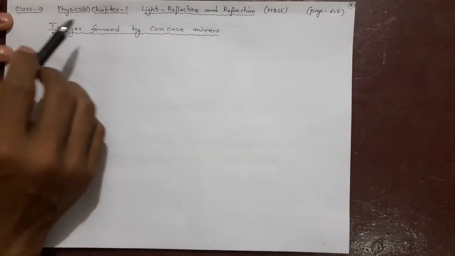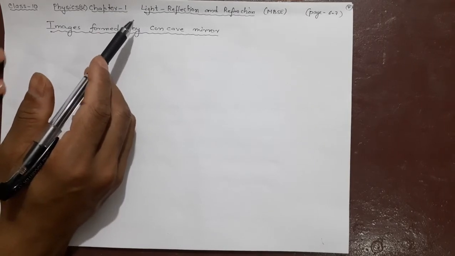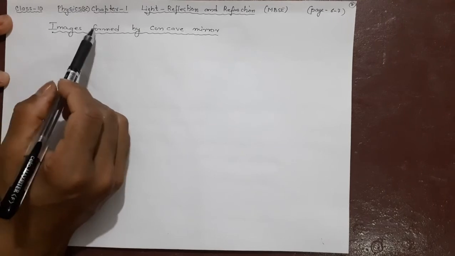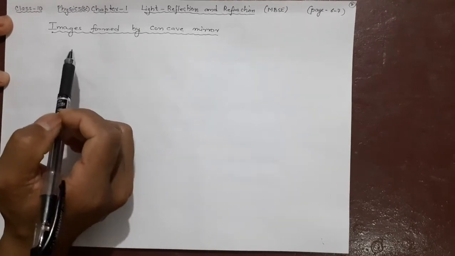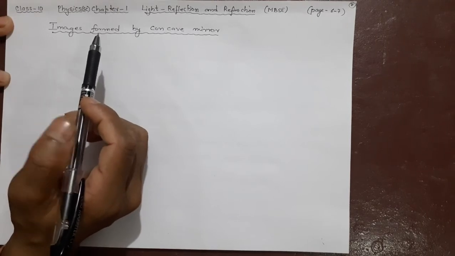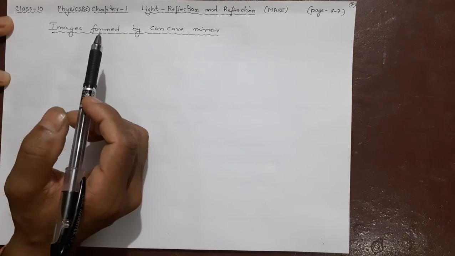Here we do class 10 physics chapter 1, Light, Reflection and Refraction. The textbook pages are 6 and 7. Here we will try to learn how the image is formed by a concave mirror. There are 6 different situations where, depending upon where the object is situated, you will get different types of images. Let's start. The first one is